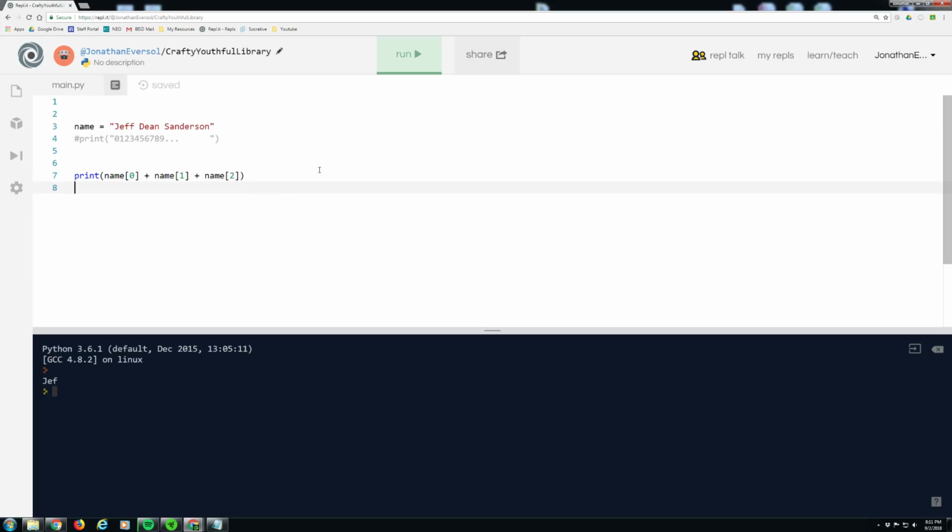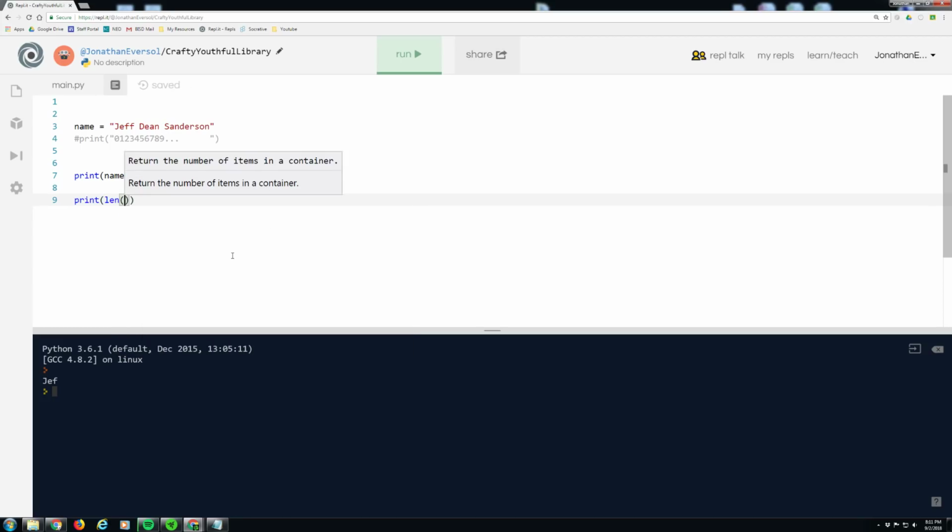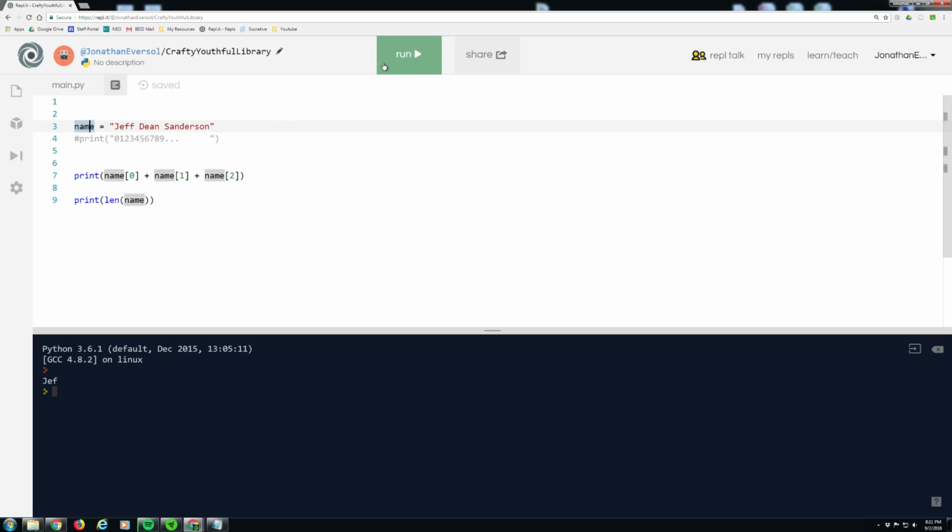Another function that we can use is the length function. So now we have print, and we have the length function. And just like print, length also needs a set of parentheses. So now we're telling it to print out the length of, and then we need to tell it what we want to know the length of. The variable we're learning the length of is name. This is going to print how many characters are actually in the variable name: 19. So we have 19